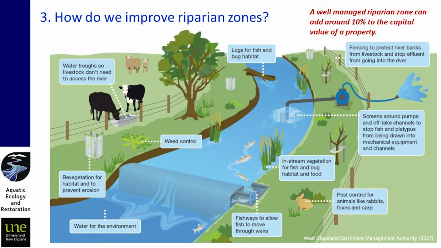If there are weirs or dams, then having little fishways, so allowing fish movement, and same thing for causeways that can stop fish movement. And it's really important to know what you can do, and going to your LLS will help you unravel all the different government departments that regulate what can be done in streams and rivers. And pest control, obviously. Foxes in particular can use riparian zones. You'll often see a fox den in a steep bank, and also rabbit dens. And so doing pest control is important.